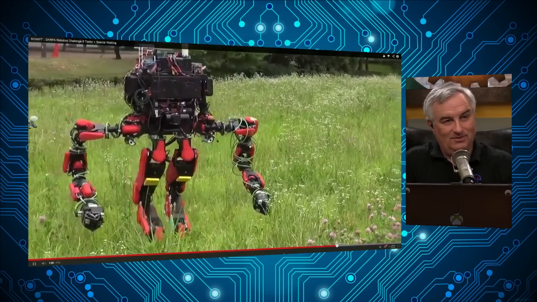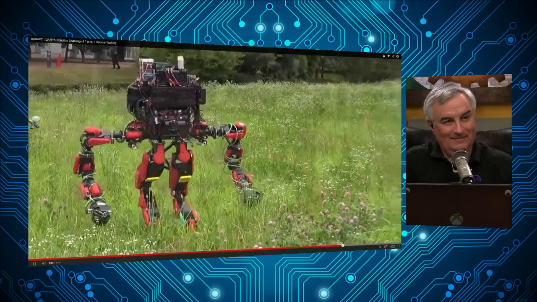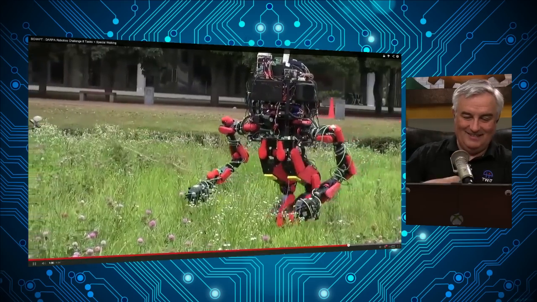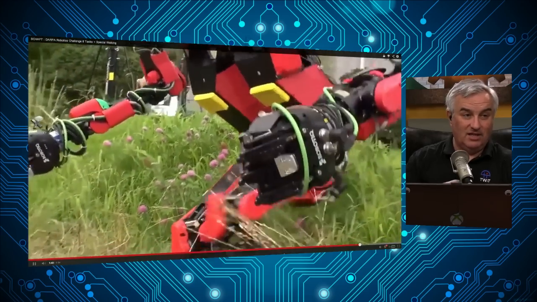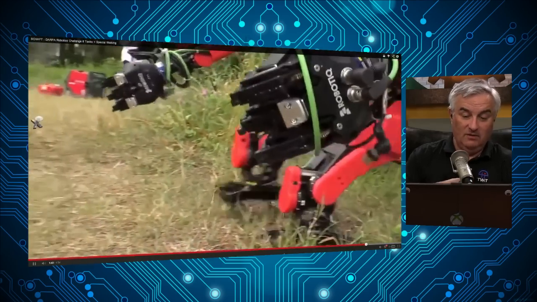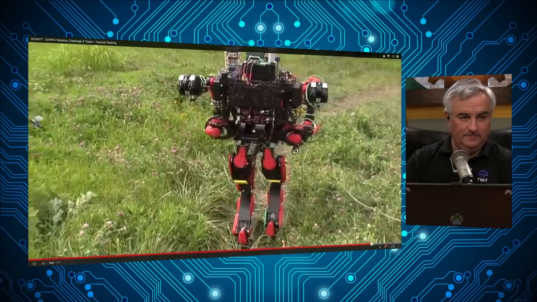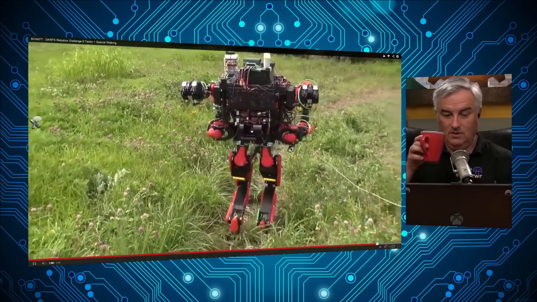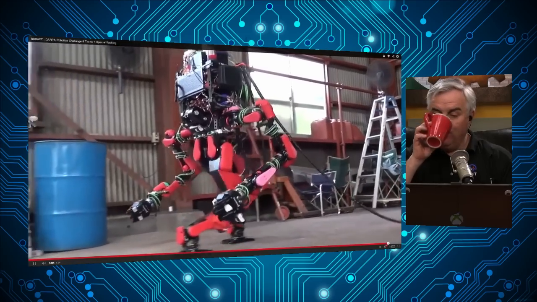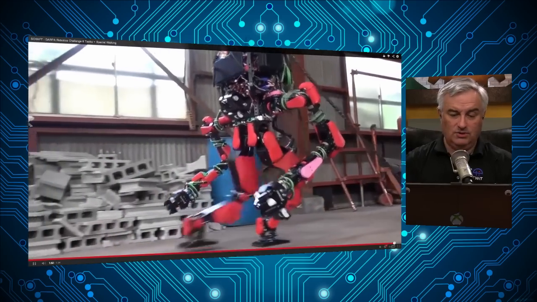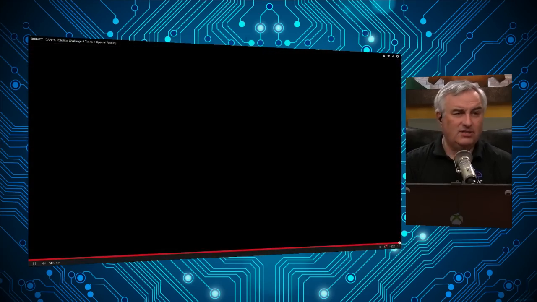I don't want to see that coming towards me in a dark alley. Jeez Louise. Apparently it just blew everybody away at the DARPA challenge. People could not believe one robot did all this. But notice it is tethered. Well, battery, I think, and to make sure it doesn't become sentient. Yeah, sentience is what you need. When it does become sentient, we can at least harness it back. That's what the tether's about.